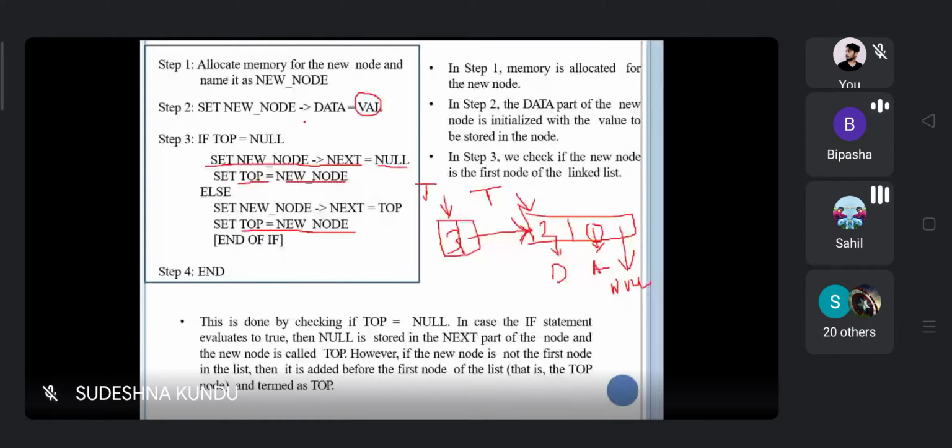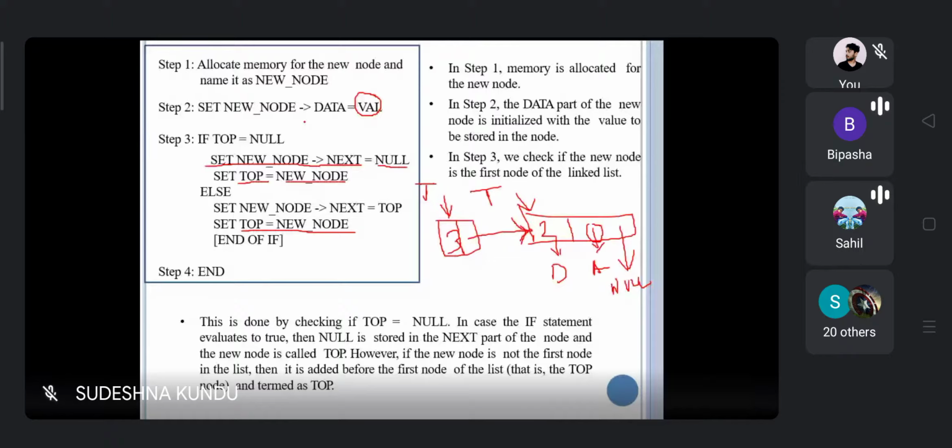If you think about the linked list, yes, I understood what you are telling. Top is initialized with null, but after that top is supposed to be updated after each step. I think the code is wrong here. Globally, you need to declare top equals to null at the beginning of the program, and that is a global declaration. That means it can be accessed by each and every function.